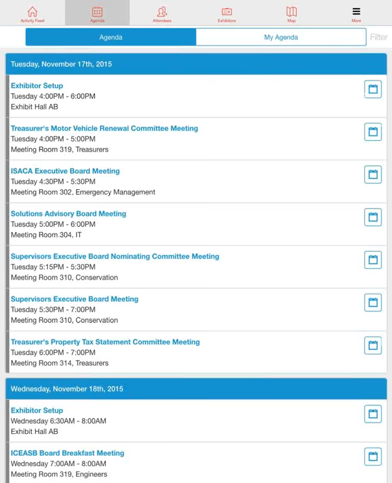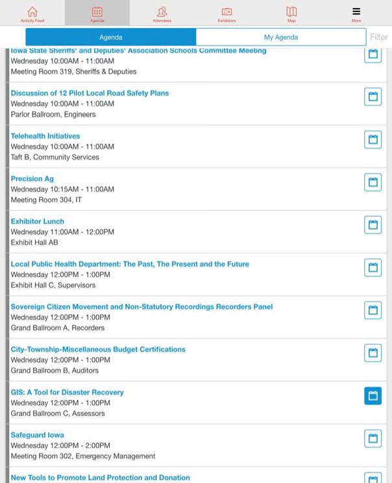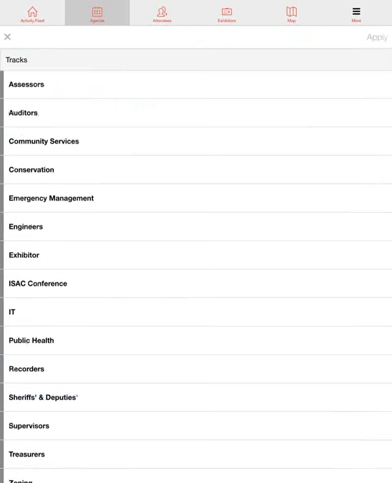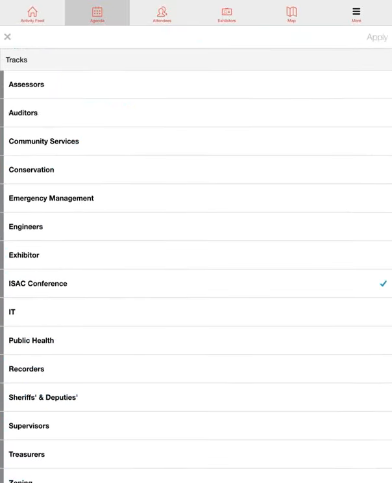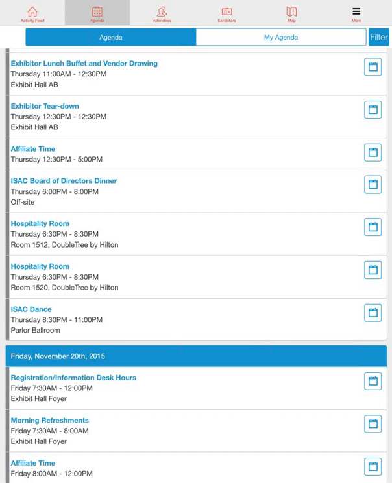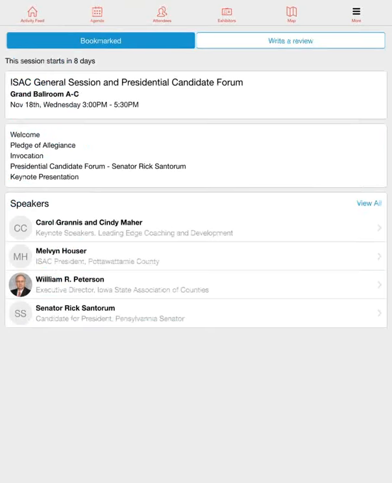And then also, if you go to the ISAC general session, it's just somewhere down here. I must have lost my filter. Again, it's a little bit easier to navigate on a phone because you don't have to go back and forth like this. So if you go to the general session, you can actually see some of the speakers. It's set up a little bit differently. You'll see the agenda on there, so you'll know what's coming next.